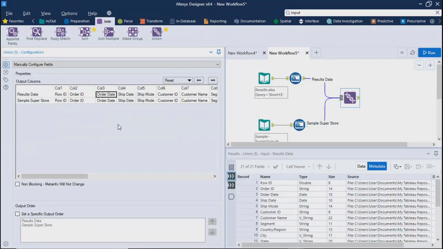You understand the concept of union, right? Like what is the difference between join and union? Basically, union means one, it combines the entire data. It combines the data, but how?